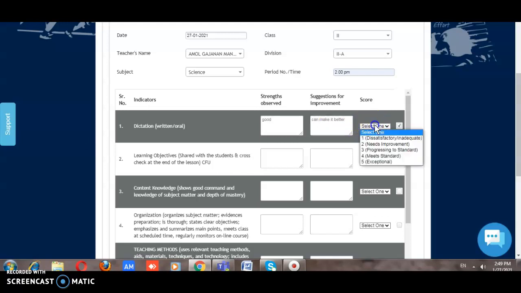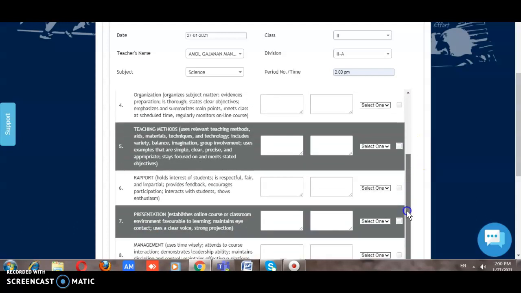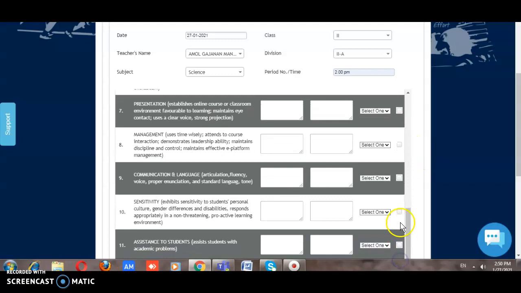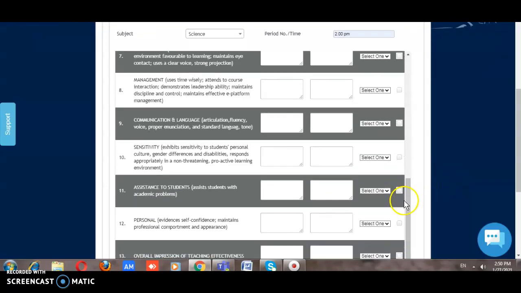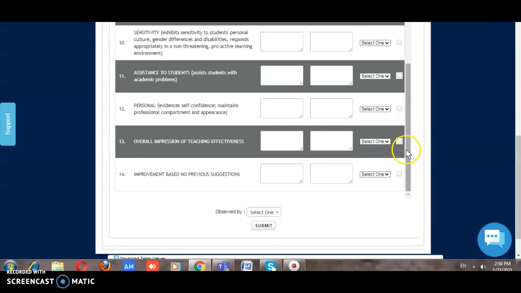And there are different scores. They are from 1 to 5. 1 is inadequate, then needs improvement, progressing to standard, meets your school standards, or exceptional. Now you have to give a score to each of the indicators, that is each of the parameters. So in that way we have multiple parameters out of which we are going to use some for lesson observation. You can select those, fill in the details of those and score those.